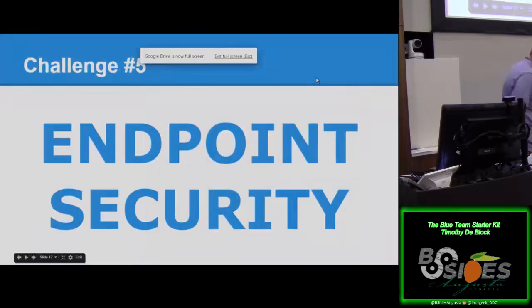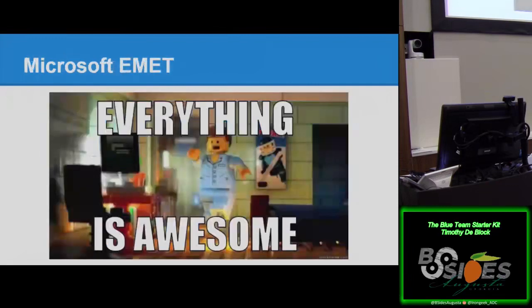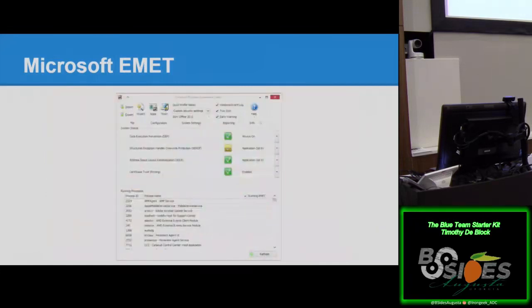So, endpoint security. We had Windows XP machines still on our network after Windows XP went out of support. The reason I got this next tool was specifically because Internet Explorer had a vulnerability, and I got tired of reading that EMET blocked that vulnerability. Microsoft's EMET is a free tool. A lot of people have been writing about this tool. That's the interface. That's simple.